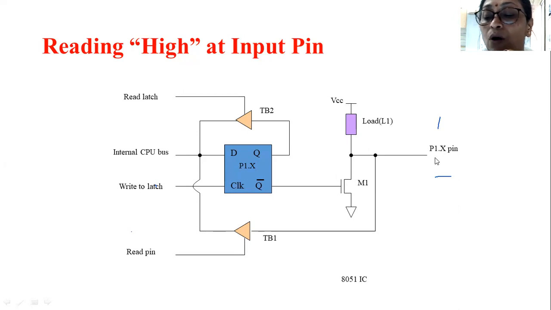Okay. So when the CPU applies logic 0 to the D input of the flip-flop, then it applies the write to latch pulse or clock pulse to the D flip-flop. After this Q becomes,